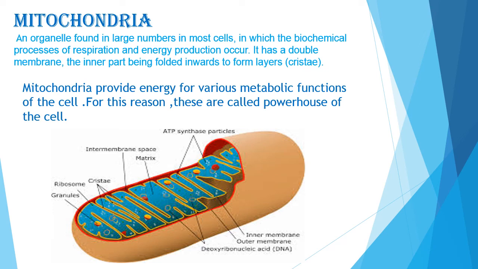These folds are called cristae and are studded with small rounded bodies known as F1 particles or oxysomes. The interior cavity of the mitochondria is filled with a proteinaceous matrix which contains a few small-sized ribosomes, a circular DNA molecule and phosphate granules. Mitochondria are generally absent in bacteria and in the red blood cells of mammals.